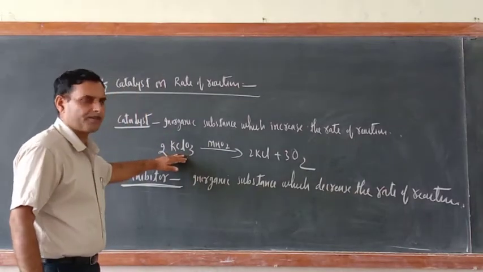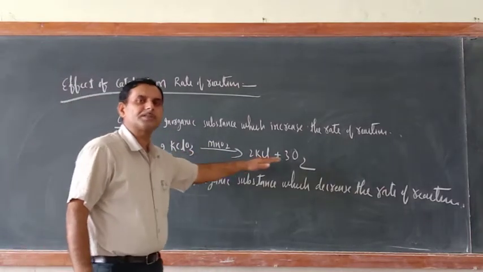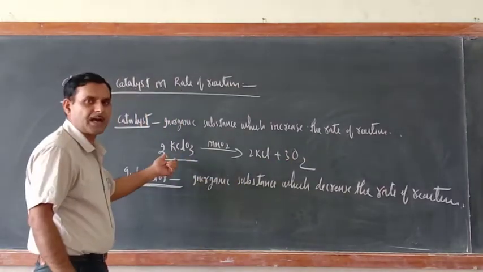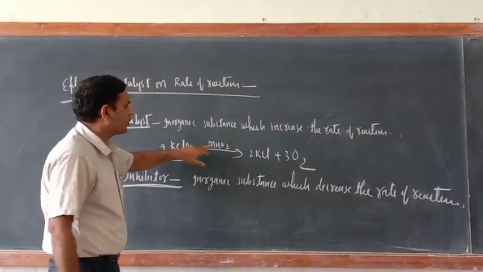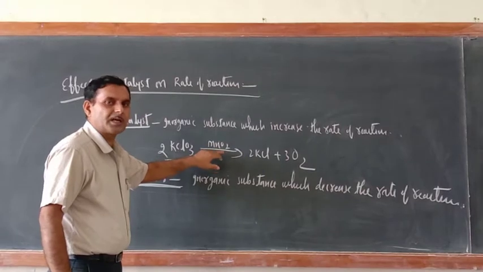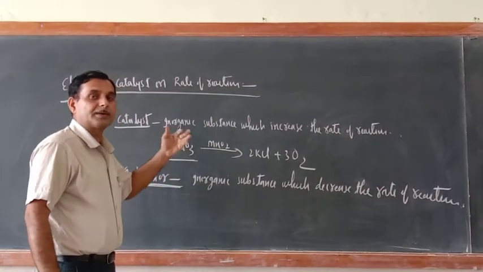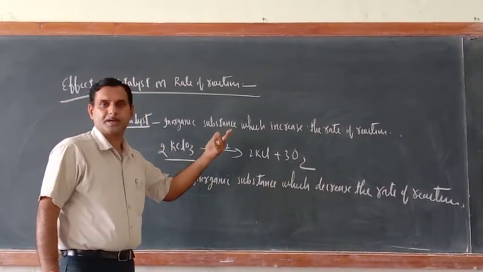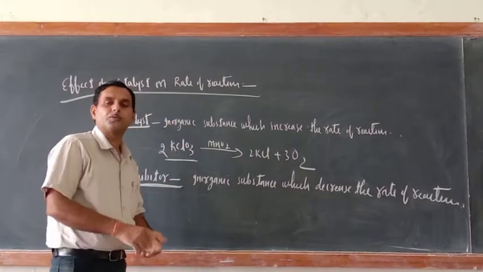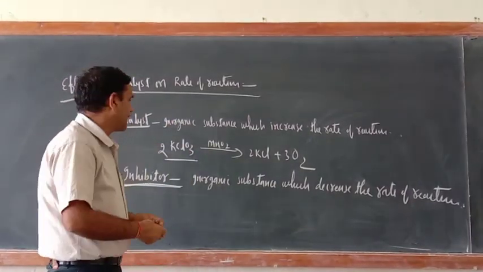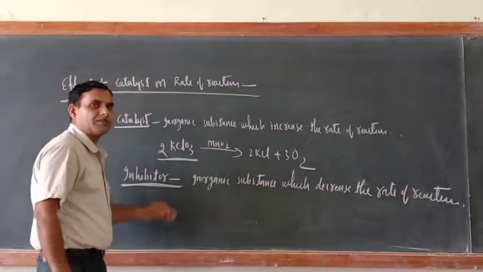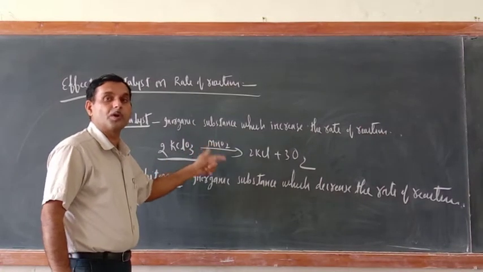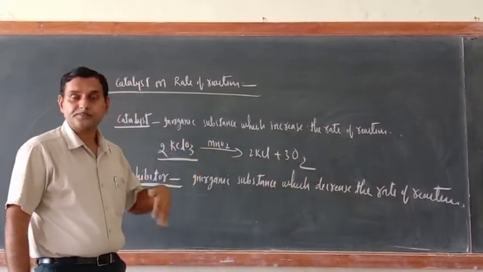One reaction is written here. This is the method of preparation of oxygen in the laboratory. This is potassium chlorate, the substance which is also used in firecrackers. Now suppose this MnO2 is written above the arrow. This is the catalyst. Suppose you have not taken the catalyst, then the decomposition of potassium chlorate will take a lot of time. But the moment you take MnO2, just a pinch of it, the decomposition of KClO3 will take place very fast. So who has increased the rate of reaction? MnO2 only. So MnO2 is the catalyst here.